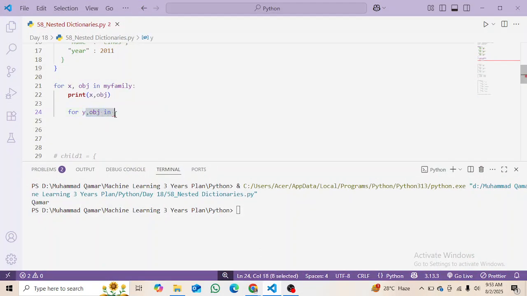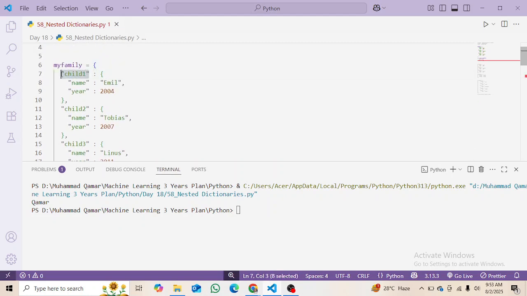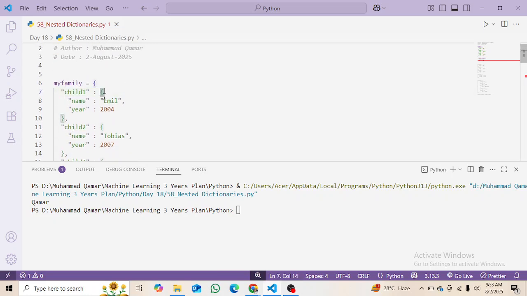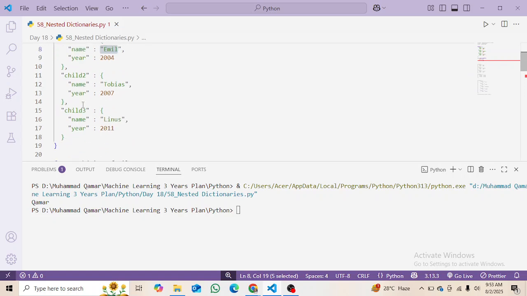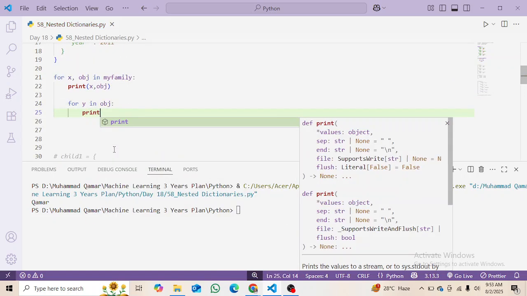For Y in object, not Y in object. Like this, X is the key, and this whole is the object. We can call it anything, but here we are calling it object. Then we will print each key and value inside the object. That's why we are using in and then object, and then print the